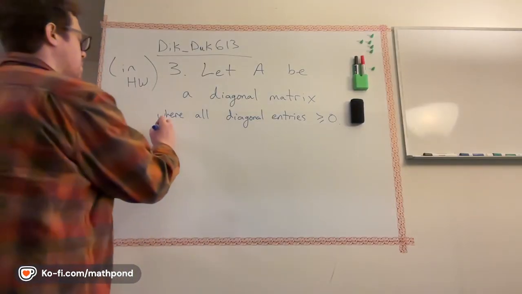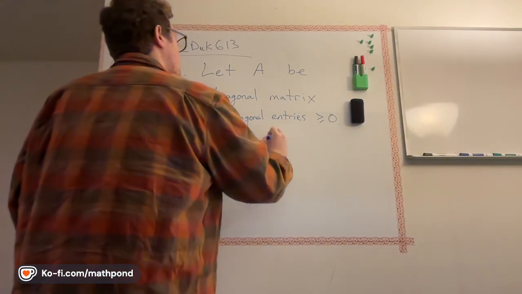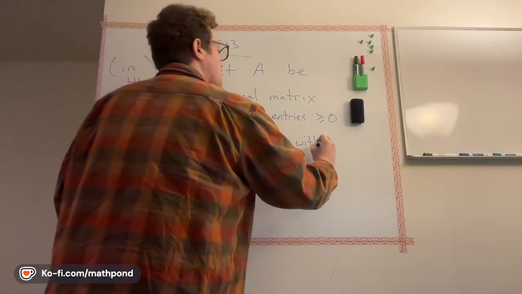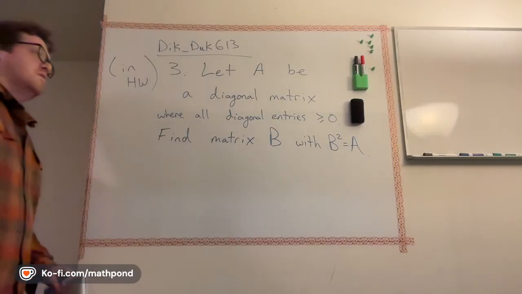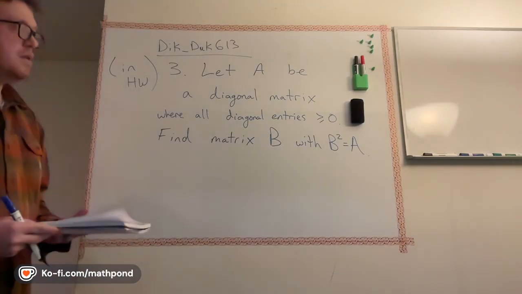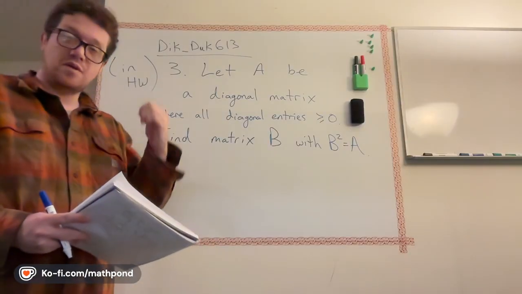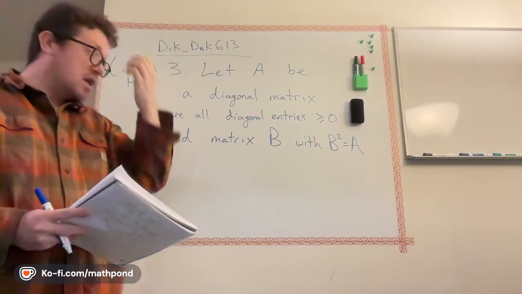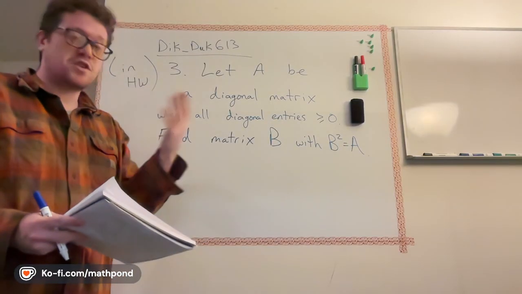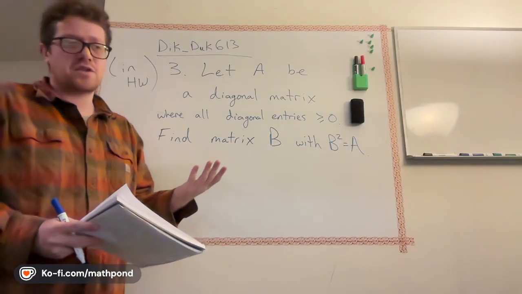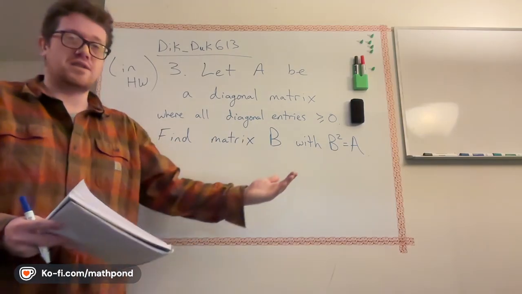So we want to find a matrix B with the property that B squared is equal to A. Okay, and it's very important here to note that this isn't always possible. I believe there's matrices where there is no square root, and then there's other matrices I think where the square root is not unique. So there might be actually more than one matrix where the square is A.